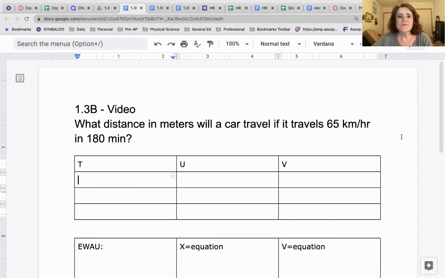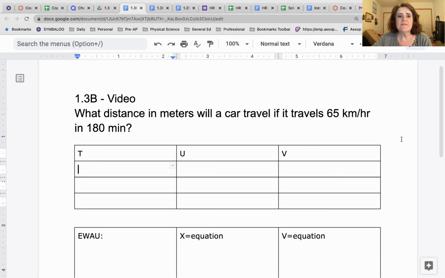To Advanced Physical Science. This is our 1.3 video. I want to walk you through this one particular problem in as many facets as I possibly can. So you're given a problem: what distance in meters will a car travel if it travels 65 kilometers per hour